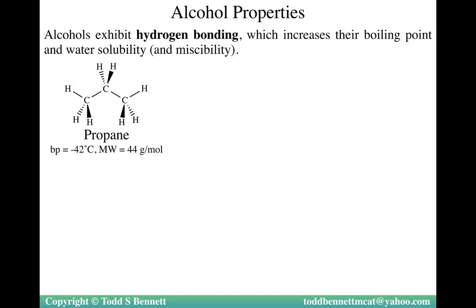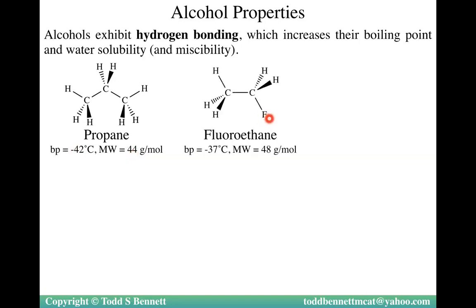Propane, just to point it out, has no hydrogen bonding at all, a very low boiling point, and a molecular weight of 48. I actually want to compare that to fluoroethane, and I picked this one because the molecular weights are roughly comparable. So I'm replacing a CH3, which weighs 15, with a fluorine that weighs 19. So it's the same ethyl group with a methyl group here, but now with the fluorine. Notice that the boiling point goes up a tiny bit, weight gets heavier, but it really didn't change much, and